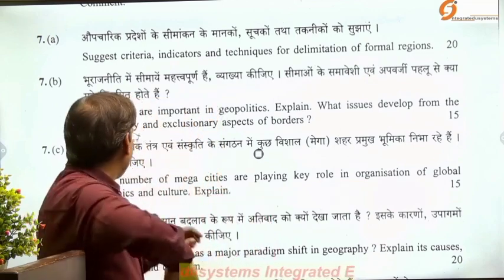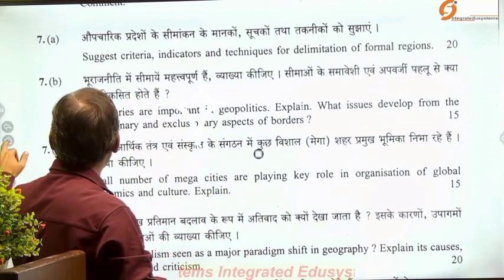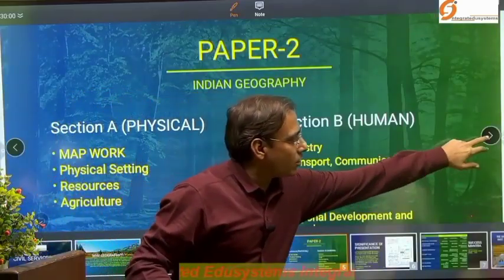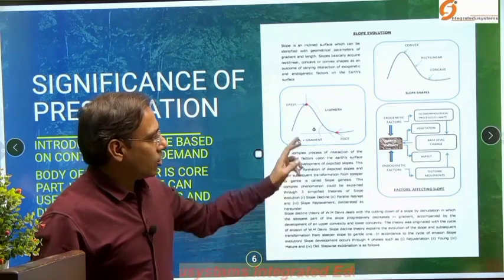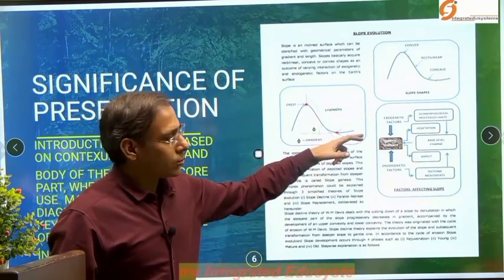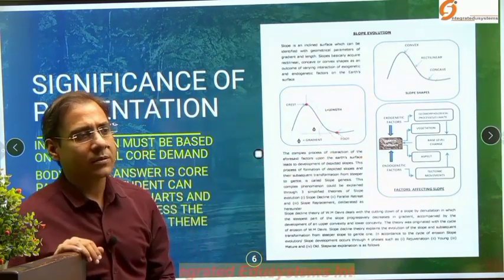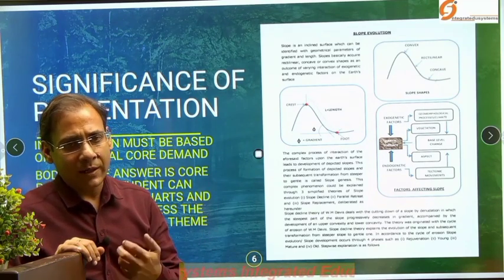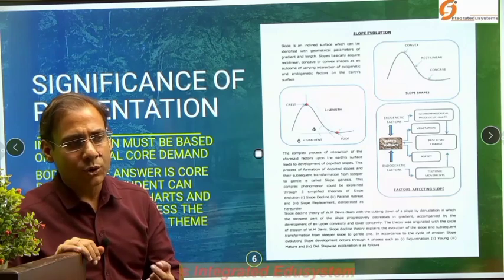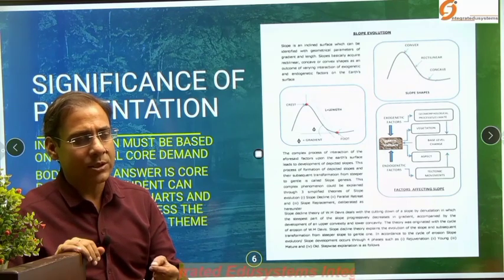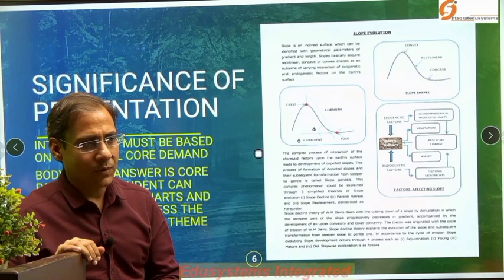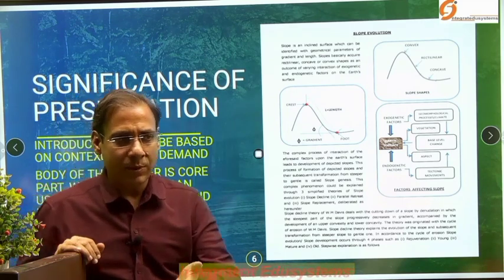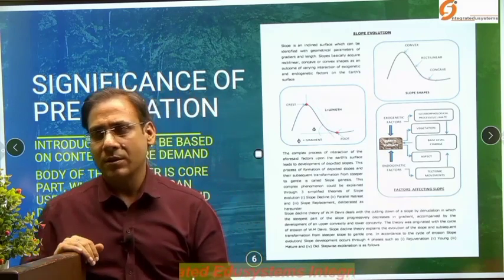So basically the presentation has a role. Okay, presentation has a role. You have to present your ideas through diagrams and flow charts. And in geography, when you are making diagrams and flow charts, you have to use colored pens or pencils or sketches, which is allowed in UPSC, which is not allowed in certain state public service commission examinations, but UPSC